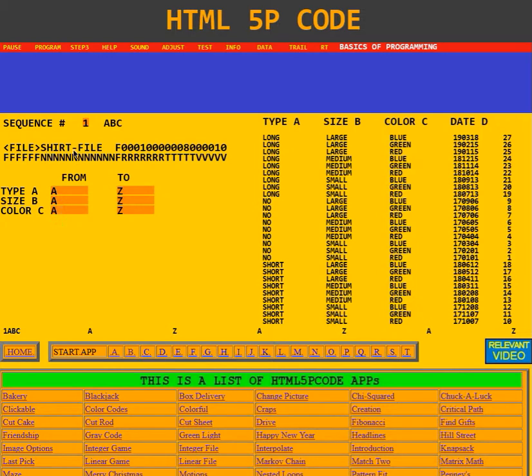Right here we have a file definition. It starts out with the less than symbol, the word FILE in capital letters, and the greater than symbol, then the name of the file in 12 characters. Here it says shirt file, followed by the capital letter F, followed by the number of records in the file, and here it says 1000, followed by the number of text characters in each record in the file, and here it says 80,